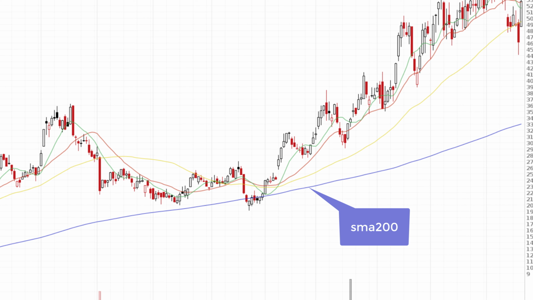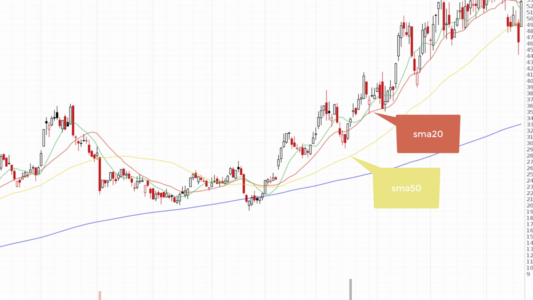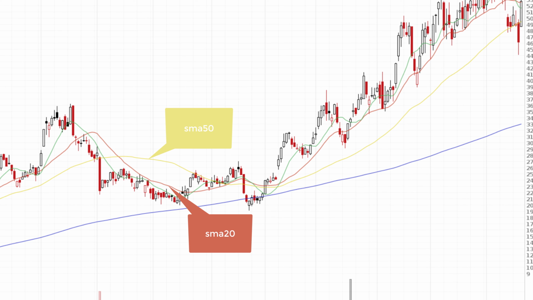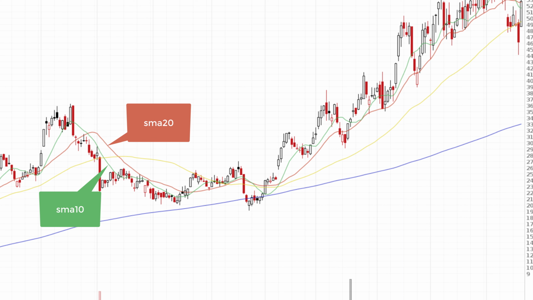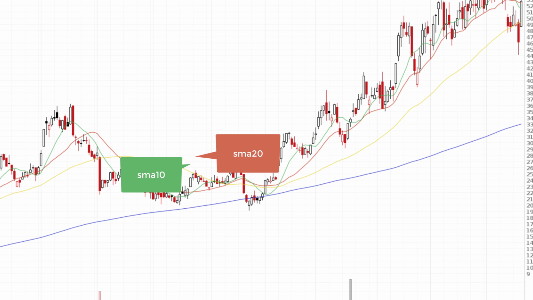or bearish. The SMA 20 and SMA 50 are used to determine the medium-term price trend. If the SMA 20 is above the SMA 50, the medium term is bullish. The same medium term is bearish if the SMA 20 quotes below the SMA 50. To identify the short-term trend, the combination of the SMA 10 with the SMA 20 can be used. If the SMA 10 is lower than the SMA 20, the short-term trend is downward, and otherwise the short-term trend